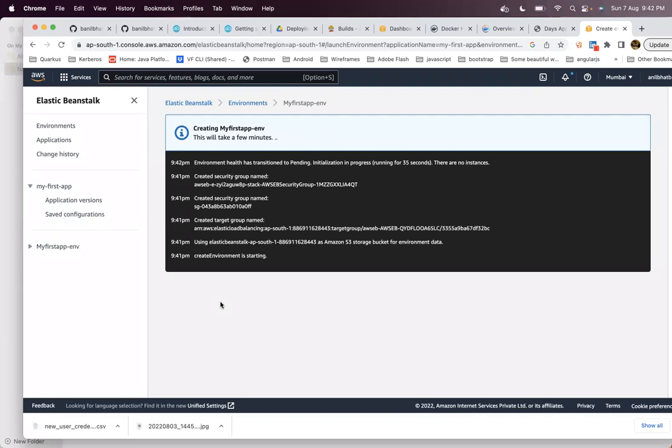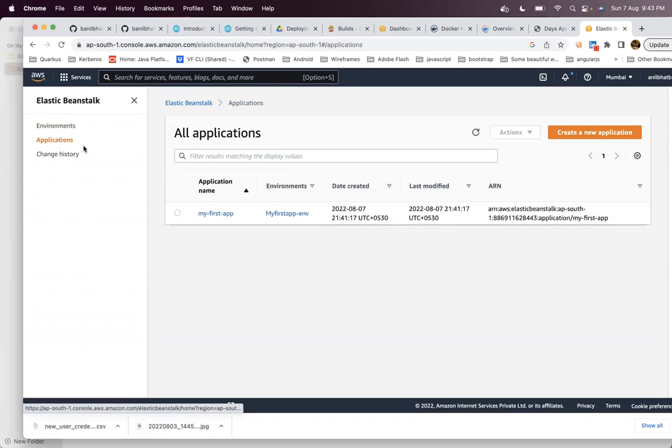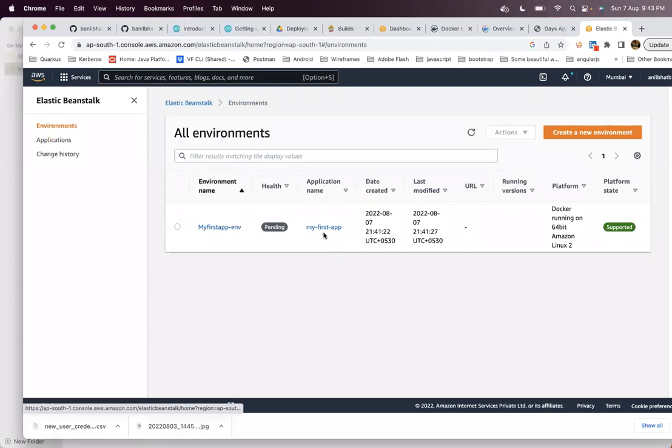So now the environment creation is still going on for the application. Meanwhile, clicking on this application, this is the application that you have created, and this is the environment that is getting created. It is in a pending state. After the environment is completely created, then the status will be okay.